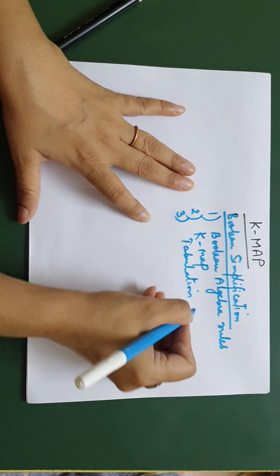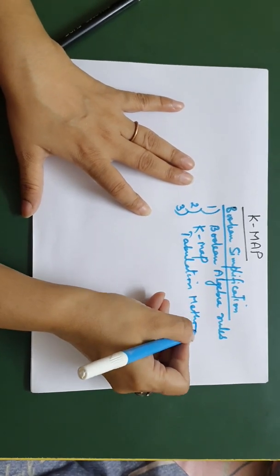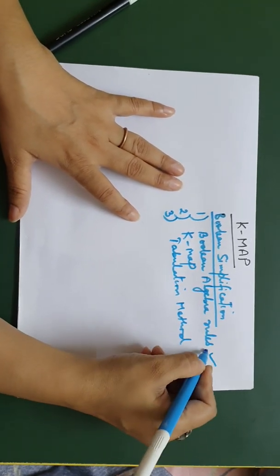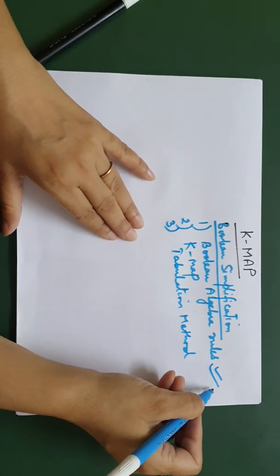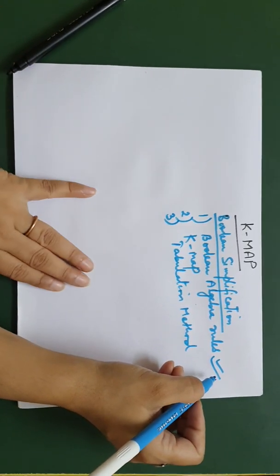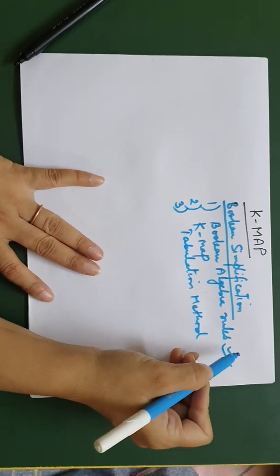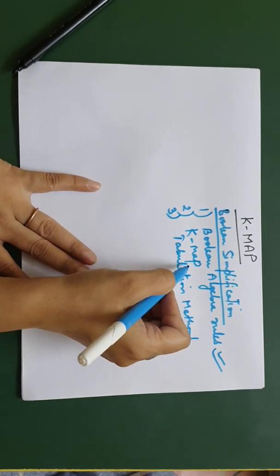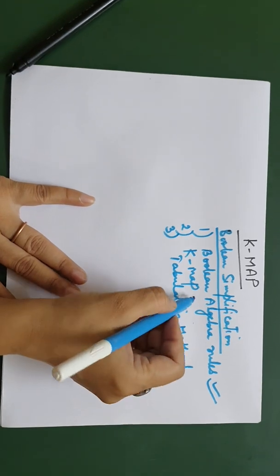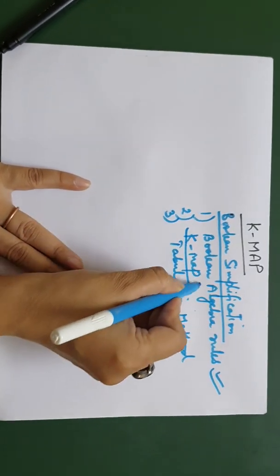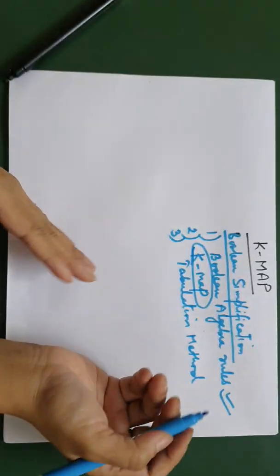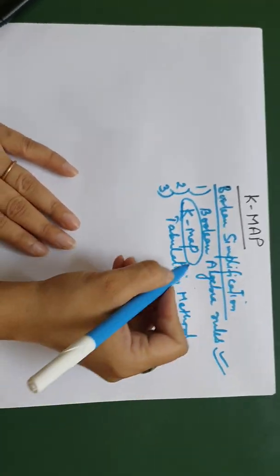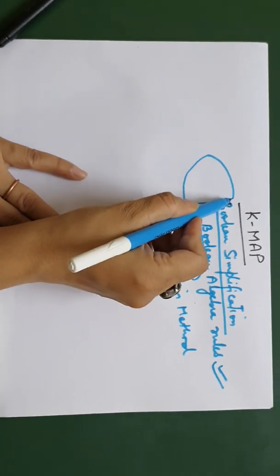Why do we use all these methods? We need to remember all the Boolean algebra rules to simplify any Boolean expression. The K map is used for that reason, which is why we emphasize the K map. Because it is basically a simplified, systematic way to simplify any Boolean expression.